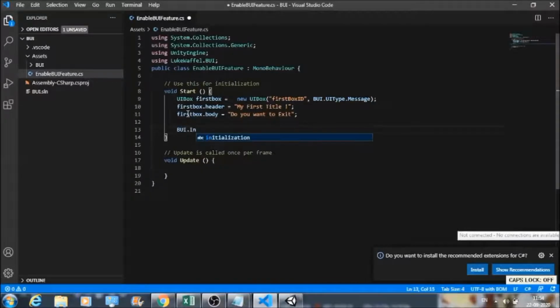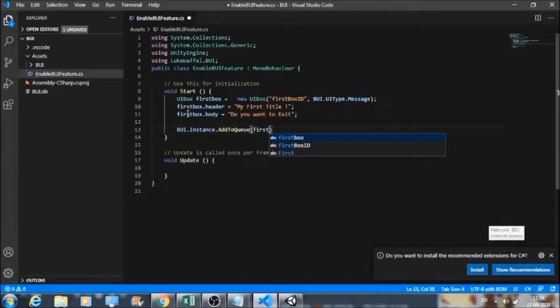And last but not the least, we need to create an instance of this and add it to a queue in order to get it reflected on the game scene.